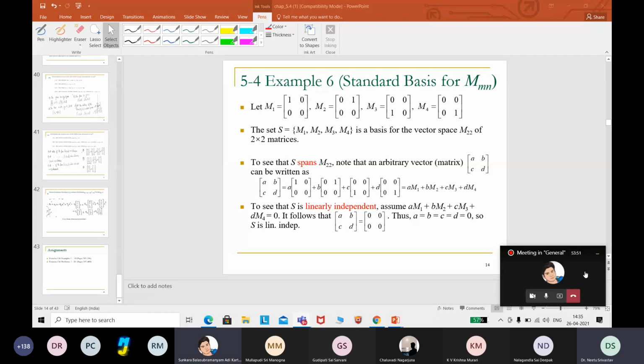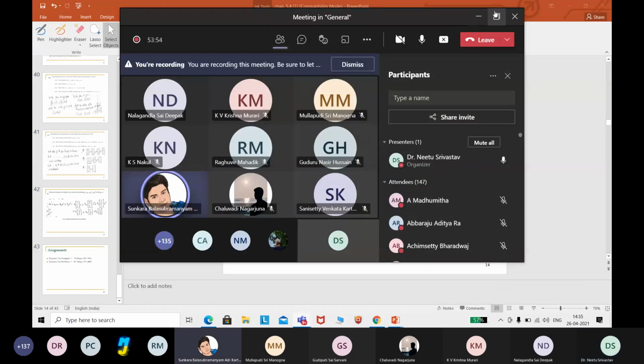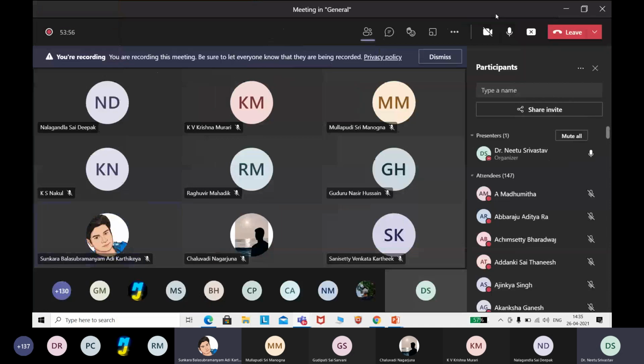Ma'am, up to 5.2 or only 5.1, ma'am, for quiz 1? For the quiz, it is the complete previous material: the system of equations and all, the very first day what we did, along with 5.1 and 5.2. For T1, the periodical, complete chapter 5.1 to 5.4 plus your basics. The beginning we are not going to leave because we have to do the Viva for all.